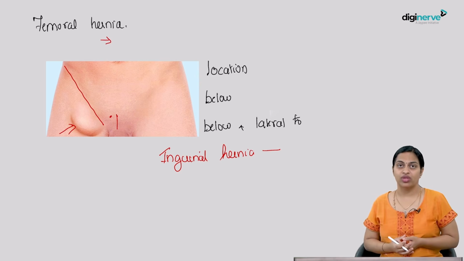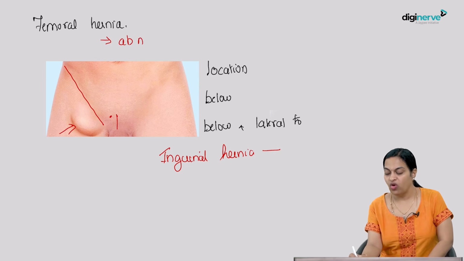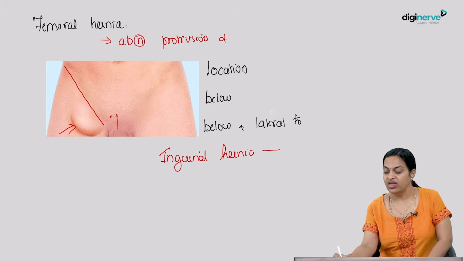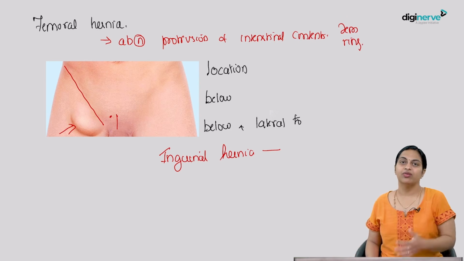Abnormal protrusion of the intestinal contents from the abdominal cavity, right, into the femoral ring, a weaker part of